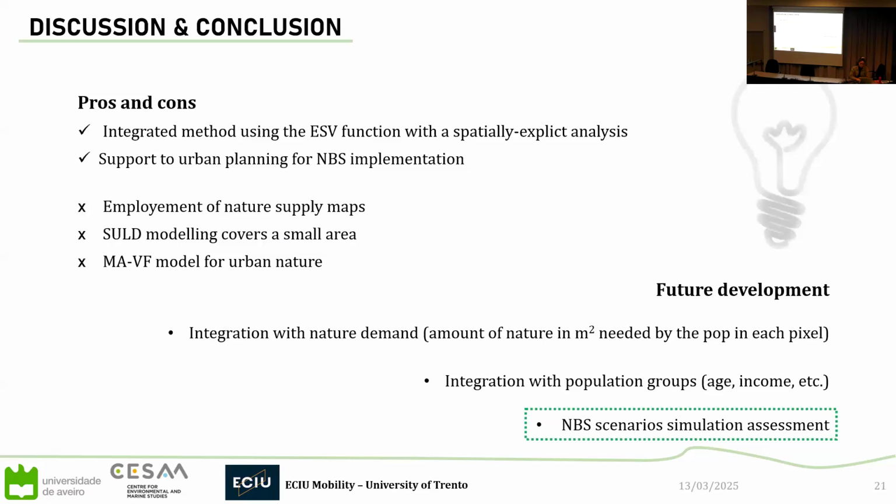And then, yeah, I will come to some discussion and conclusion. So that kind of integrated assessment using ecosystem services functions in a spatially explicit way can have a high potential, especially to support the implementation of nature-based solutions, because I didn't show very specifically in the output in the maps, but where we had all the red colors actually was the part in which there are almost no values for the nature, the ecosystem services, and